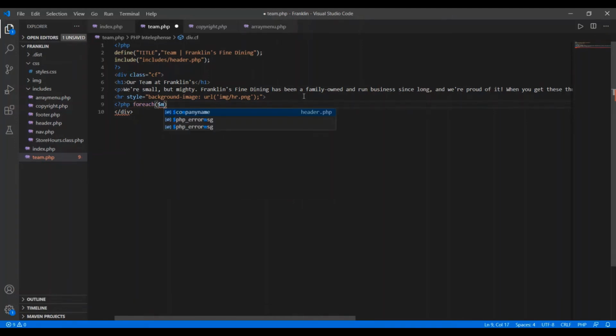I have defined a team members variable, and say here I'm using it as a member variable, I'm creating members, and here I'm just going to use a curly bracket